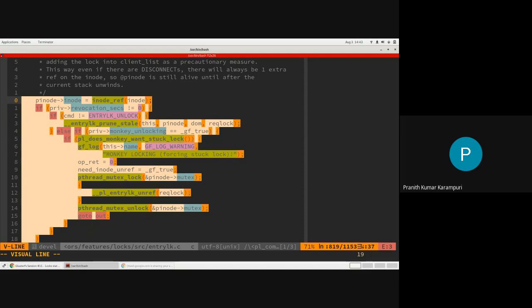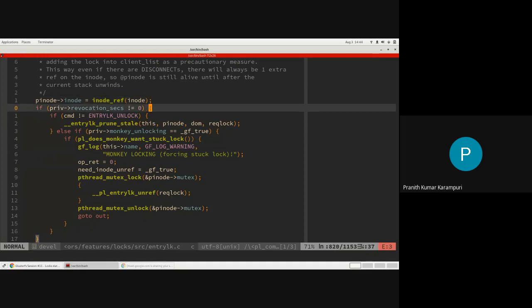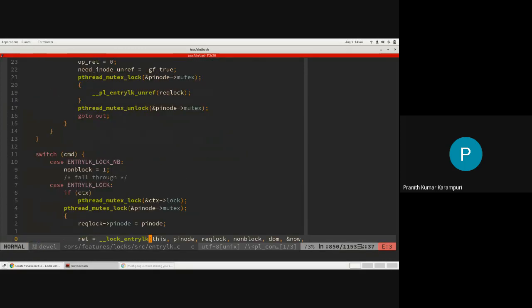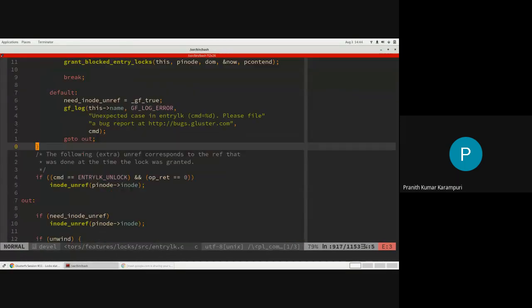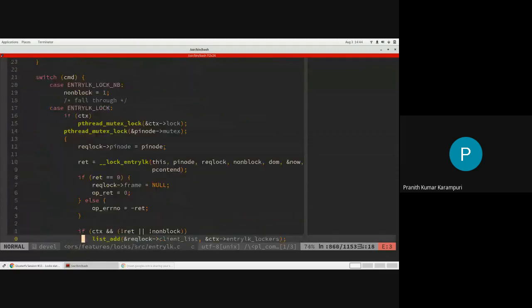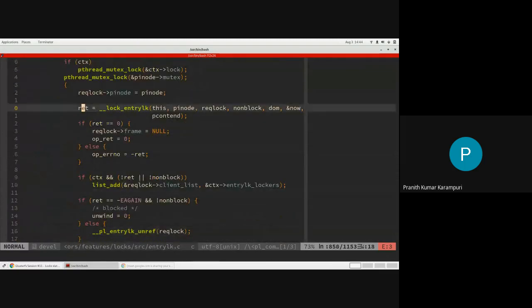Because they did not want outages, this will take care of unlocking the stuck lock. In a way, it's a workaround to the bugs that were present at that time. Yeah. So now that we have all of this information, we will go ahead and do the entrylk.